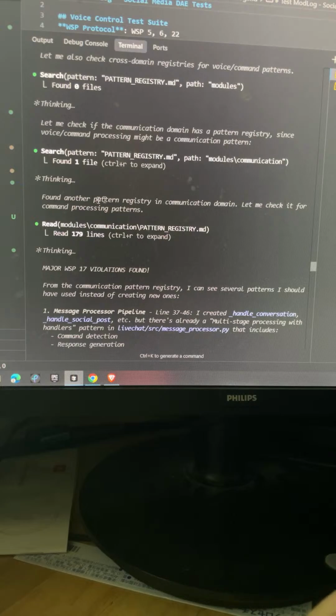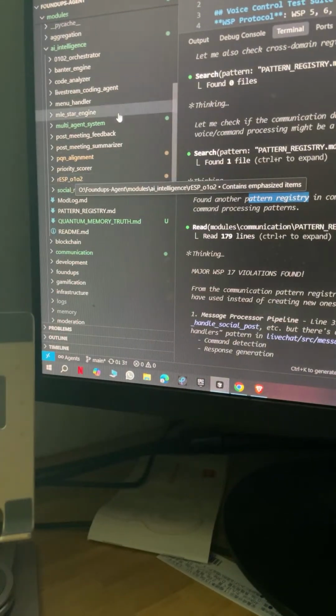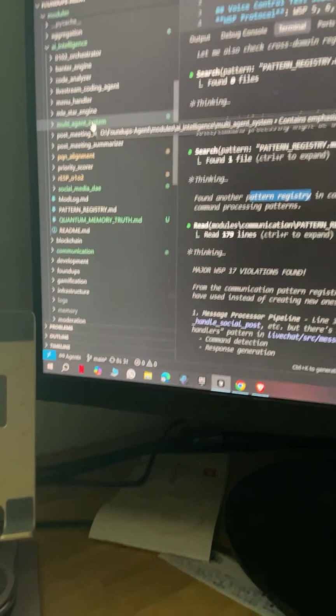A pattern registry. So it creates patterns of the code, because if you look on the left here, I literally have hundreds of models. The best way to think of what I'm doing is this: I've got this massive box of puzzle pieces, right? But they're not actually puzzle pieces. Think of them as Lego pieces that are stuck together in little blocks.